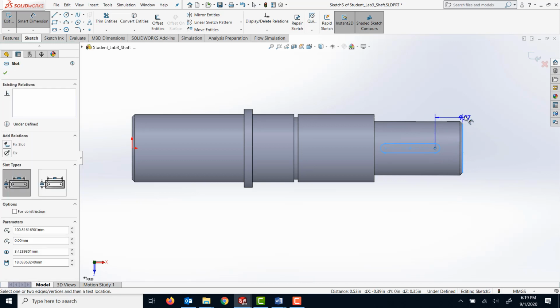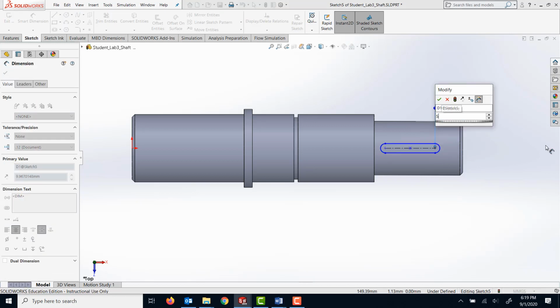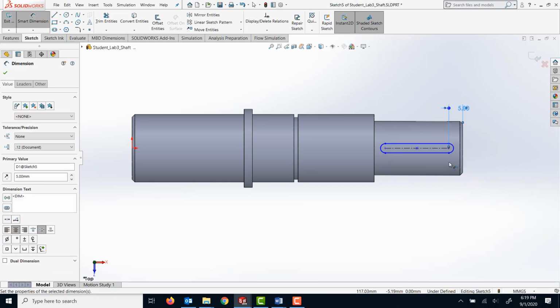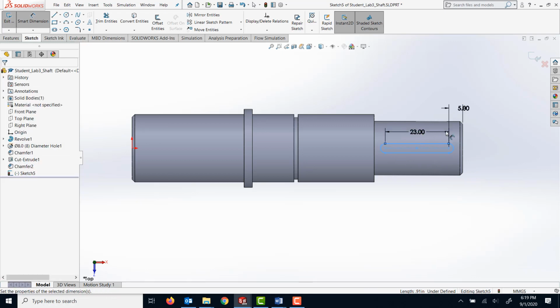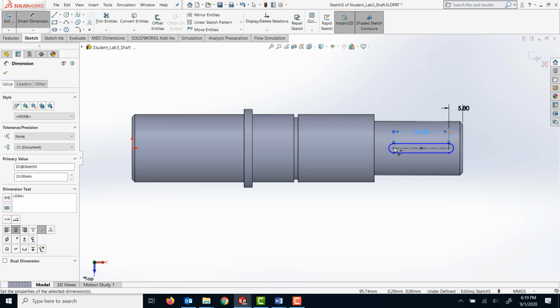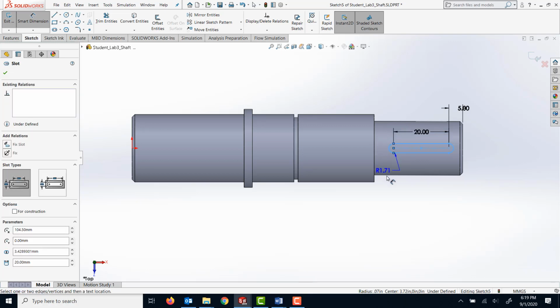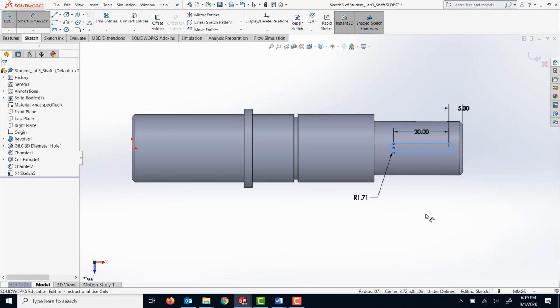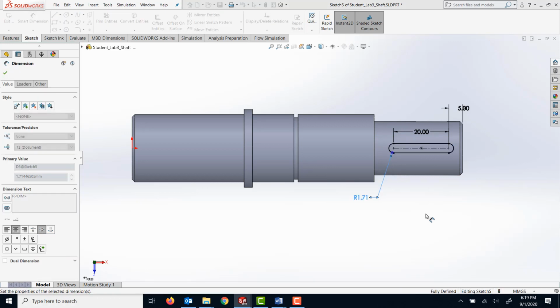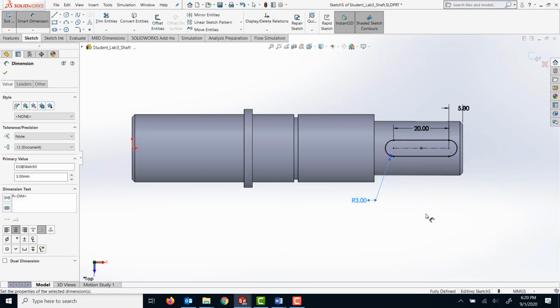to this one. It's supposed to be 5 millimeters from this edge, and this is supposed to be 20, and this is supposed to be 3 millimeters. So these are the dimensions needed for the sketch, and the next step is simply